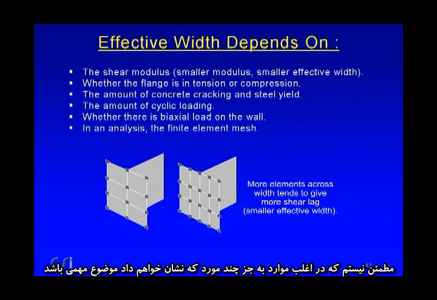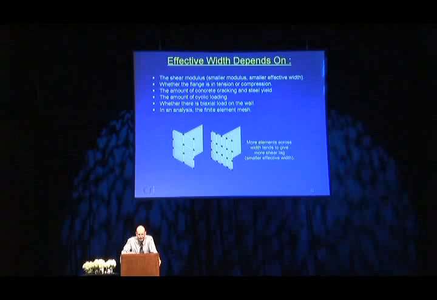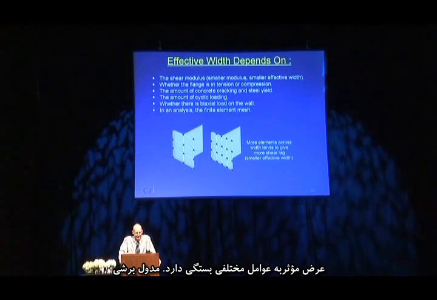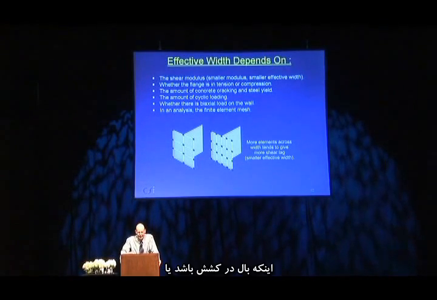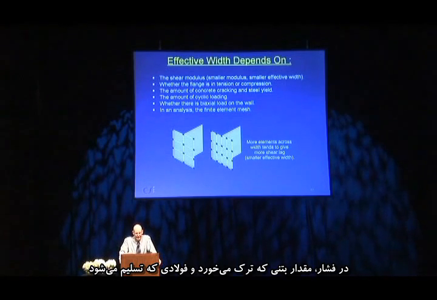I'm not really sure, except in most cases it's not going to matter, as I'll show in a moment. But this could be a serious issue. The effective width depends on a lot of things: the shear modulus, whether the flange is in tension or compression, the amount of cracking in the concrete and steel yield, how many cycles you've had,